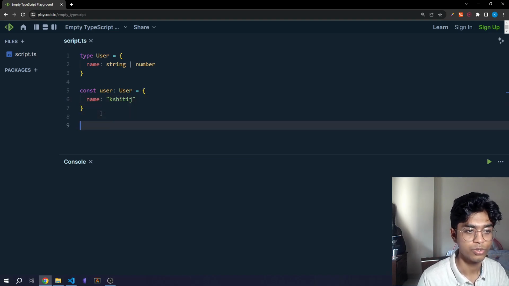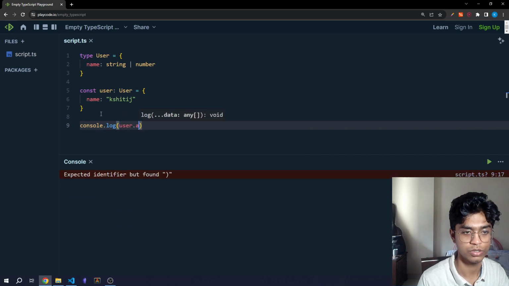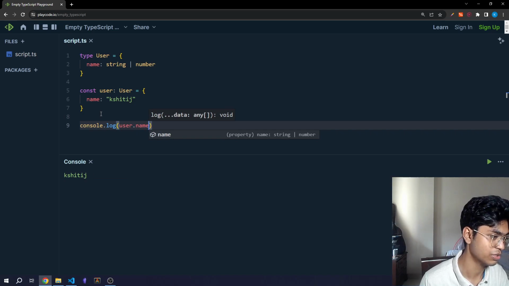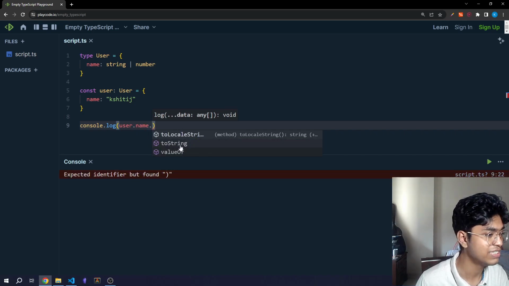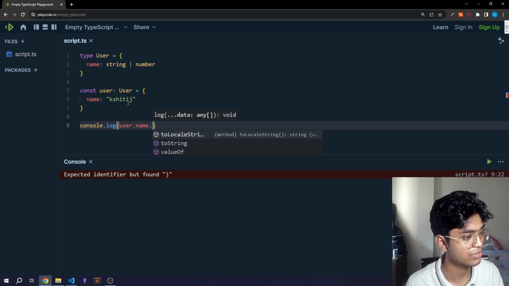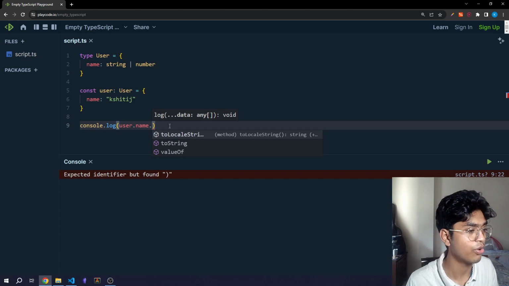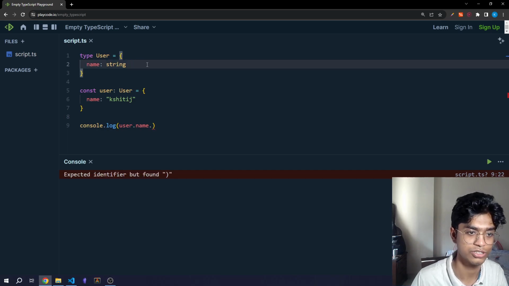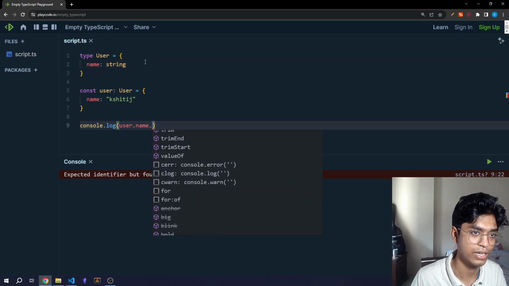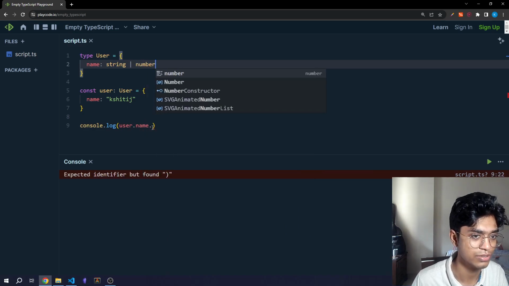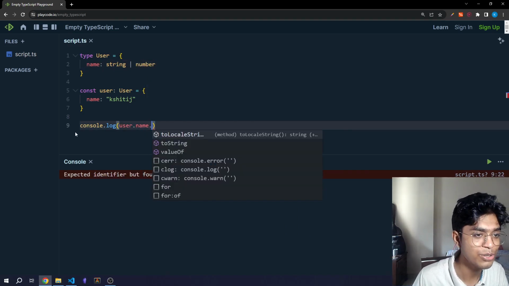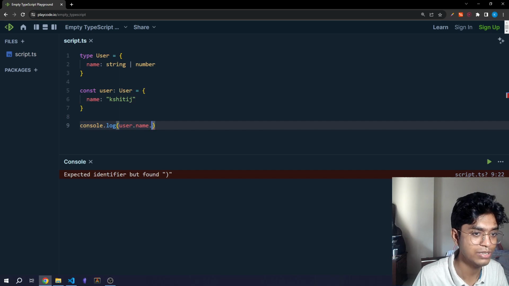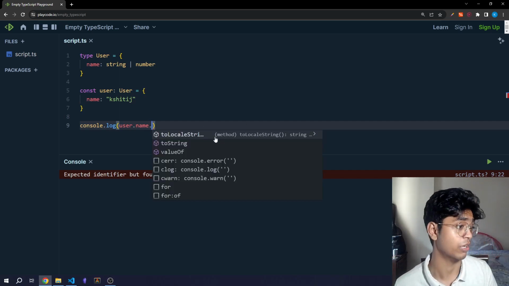But now when we go to console.log user.name and see what methods we have on the user.name, you can clearly see that this is a string, right? I should have all the toUpperCase, length, all of those methods. Like if I had only string over here, I would have all of these methods. Why don't I have these methods? Because TypeScript doesn't know if it's a string or a number, so it just gives a bunch of random methods on it, because it's not sure that it's a string, it could be a number too.